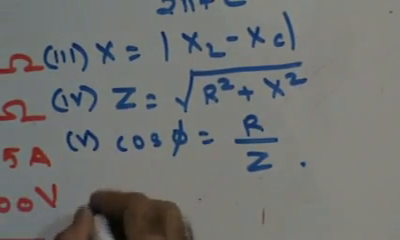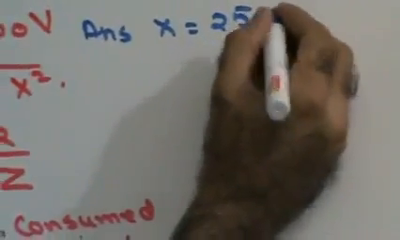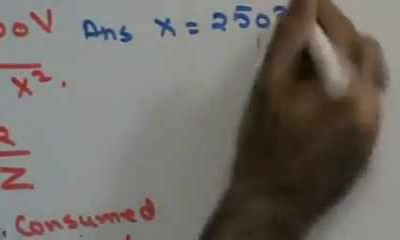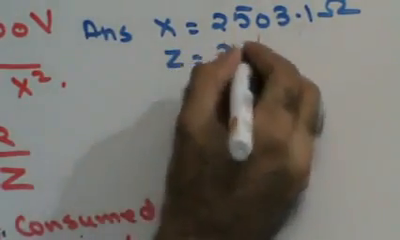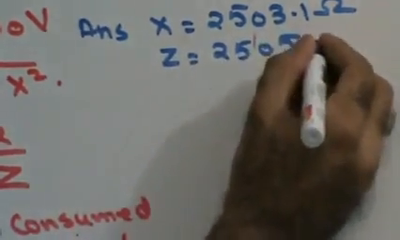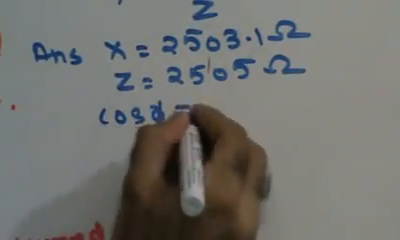The answer for this sum should be reactance is going to be 2503.1 ohms. Right? Impedance is 2505 ohms. And power factor is